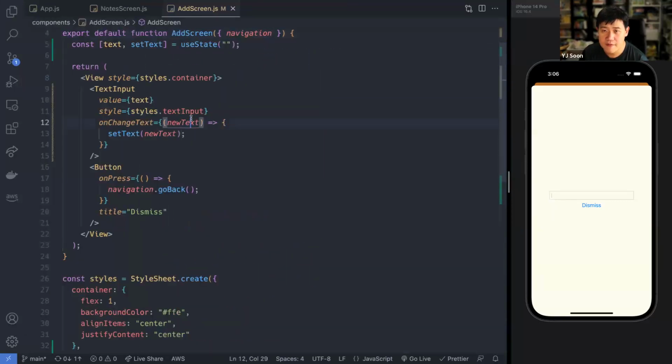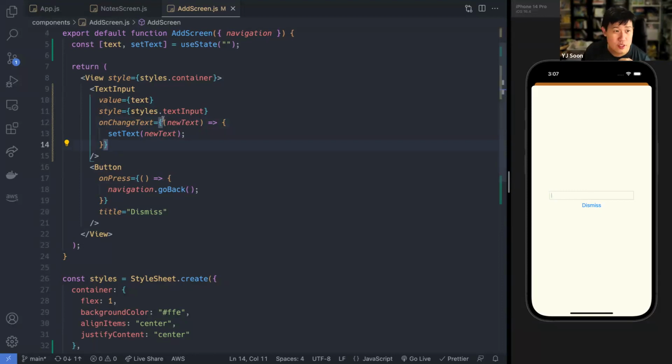It's a bit clearer once I put it like this. Let me hide my left sidebar. onChangeText is a prop that takes in a function, and what does this function do? It notices that there's a new text and it asks the state variable to update itself. Once the state variable updates itself, the value and the new text are in sync, then you're good to go. So now I can type, hello, I am a banana. No issues right now. That's the interesting thing about text input.